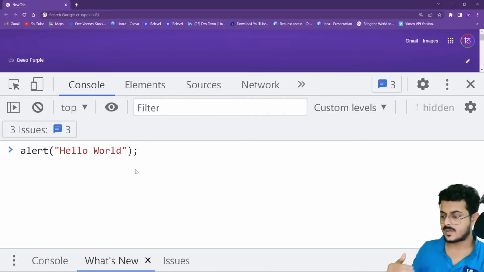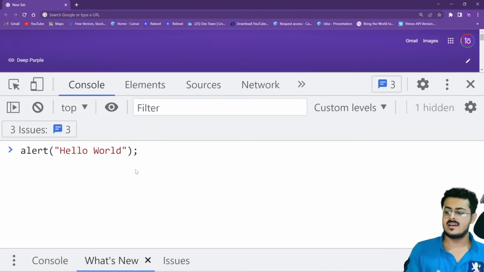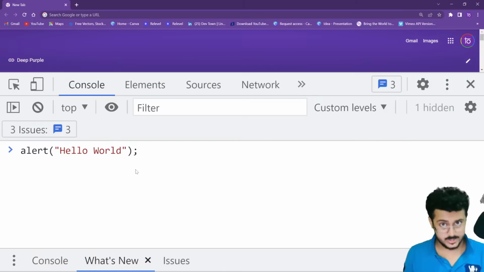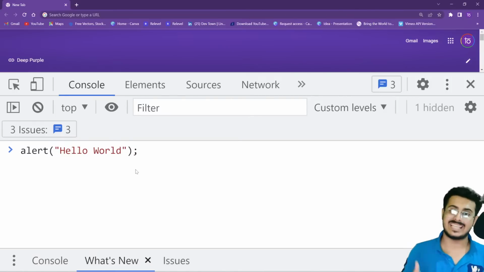To be warned, a pop-up message, a warning of some kind, to be aware, caution. So that is the basic meaning of alert. So right over here, I want to alert the user by saying hello world.